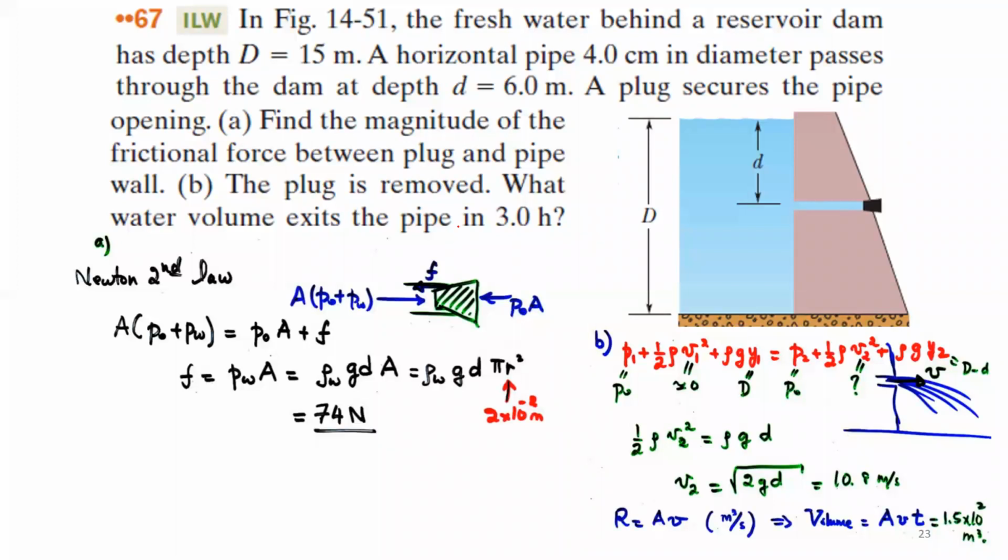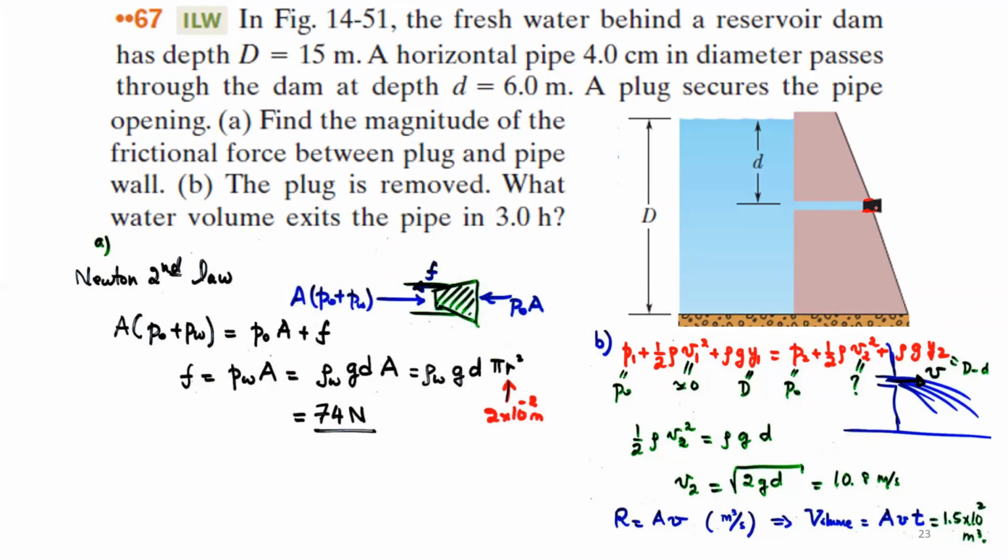So read this question carefully, and then I will solve it. The first question is: find the magnitude of the frictional force between the plug and the pipe. I want the frictional force here. Because of this water, the water is exerting a pressure on the plug, and the plug should move. But because there is friction between the plug and the edges here, it will